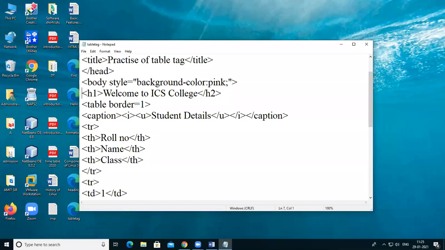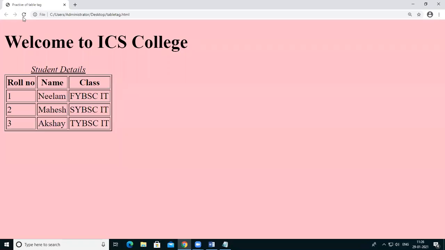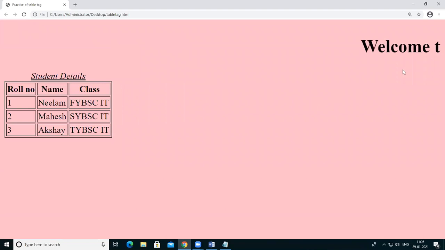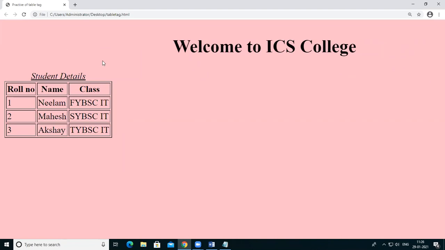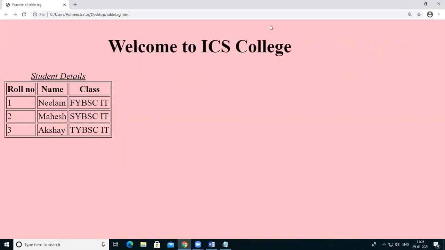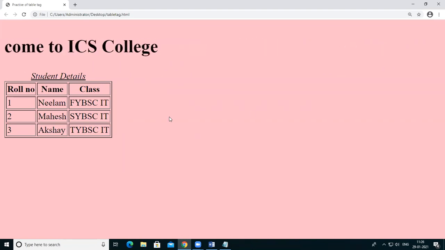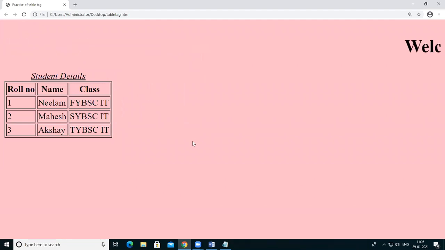I'm just checking. See this marquee tag, that's why it is moving from right side to left side. So these are the basic concepts related to designing a web page or website.